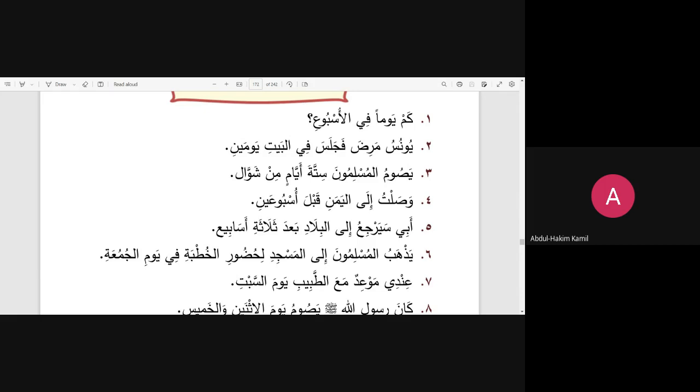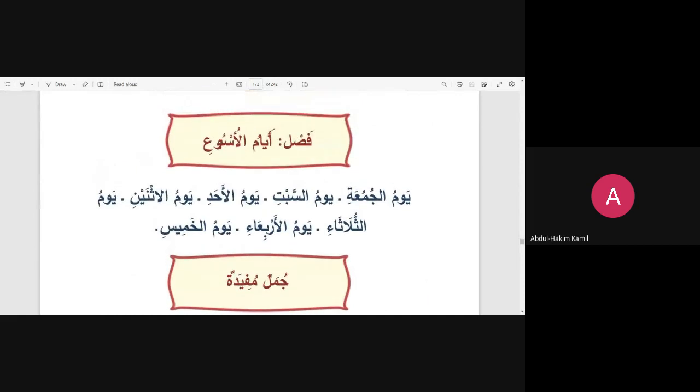We're in this section called Ayyam al-Usbu', the days of the week. Pardon me for digressing sometimes, just for beneficial purposes. This section here is just to familiarize yourself with some words connected to time, the days of the week, month, and year, so you learn how to use them and say these expressions.